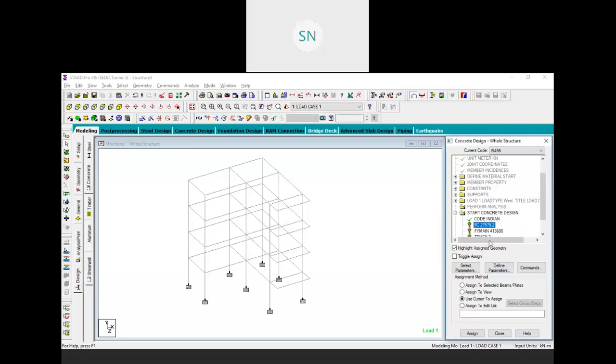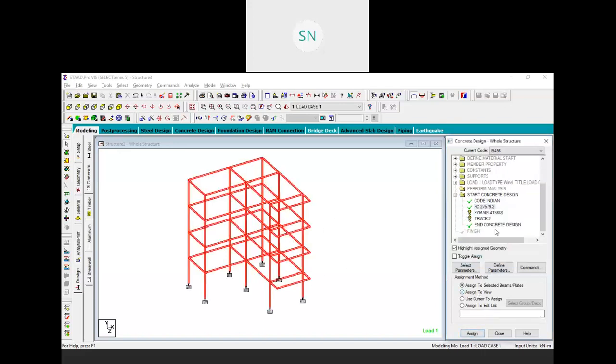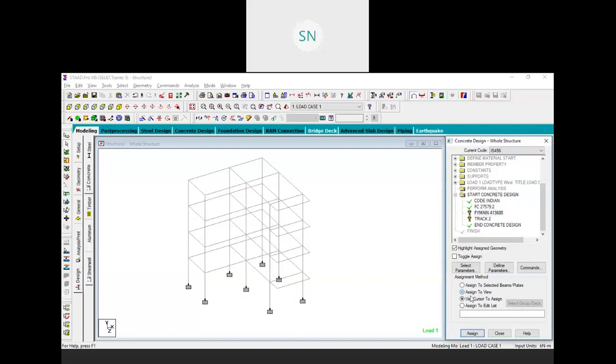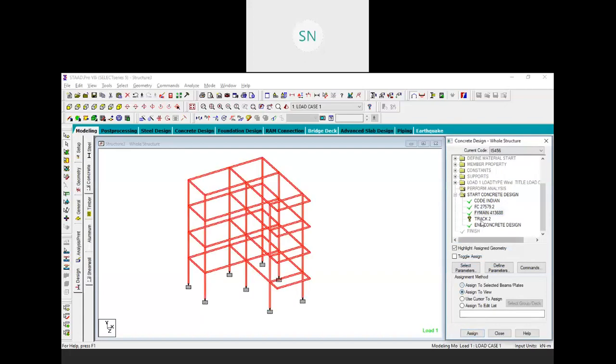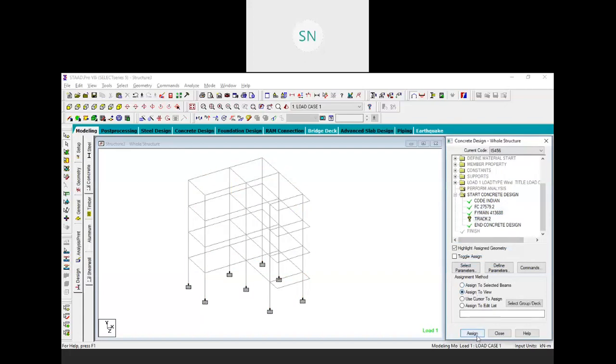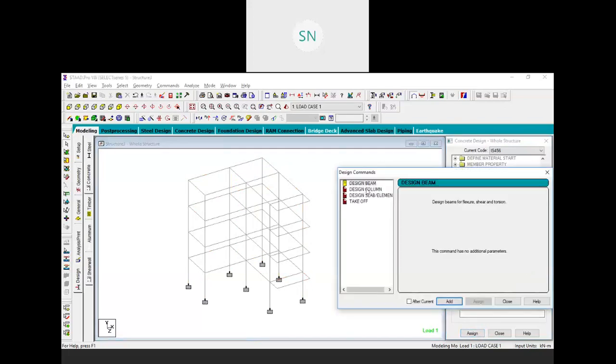Now you have to assign this parameter only for the ground floor, but for our reason I am assigning this to the entire model. We have to always analyze only the ground floor. If our ground floor is going to be safe, then the entire model will carry that reinforcement detail. So design of beam, design of column, and takeoff,